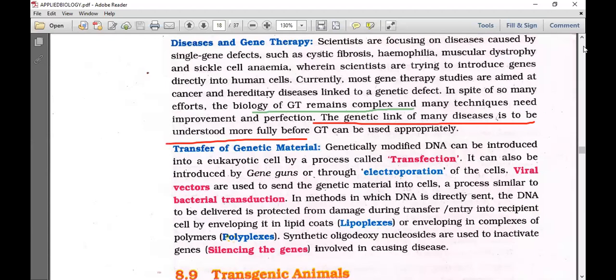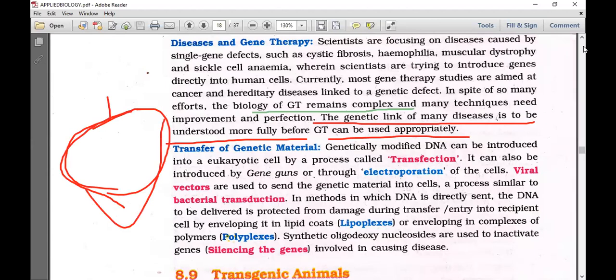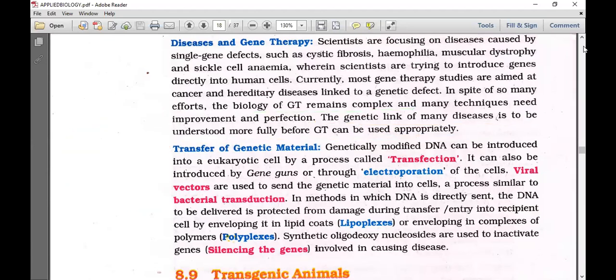You may add that in case of plants, they are creating a tomato like an apple, banana-like tomatoes, apple-like bananas. These are all gene transfer, gene therapy you can say, but we are not that developed in the case of human beings. Okay.